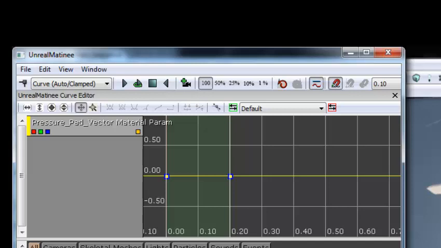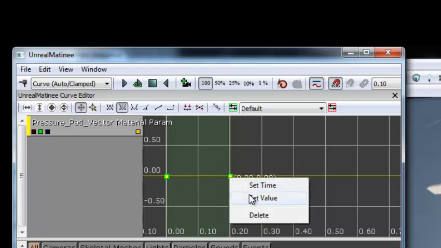So we're not going to make any changes to the first keyframe. What we are going to do is make changes to the second keyframe. The only color we want to change is the green color. So up here, select the blue and the red to make them disappear, just so we can see our green. Now right click the green box here, select set value, and set this to